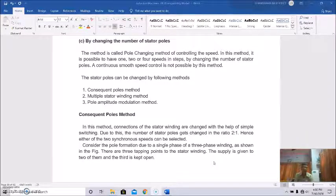So due to this, the number of stator poles gets changed in the ratio of 2:1. Hence, either of the two synchronous speeds can be selected. Once again I'm telling this method: the connection of the stator windings is changed with the help of simple switching, and due to this, the number of stator poles gets changed in the ratio 2:1, and hence the two synchronous speeds